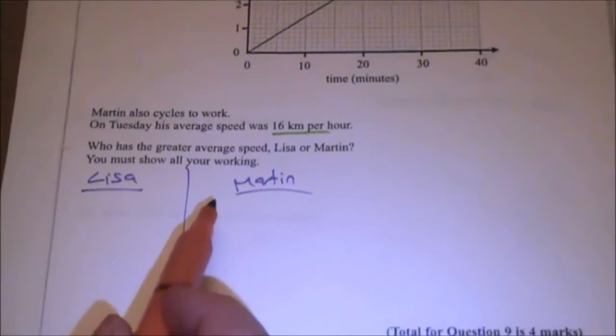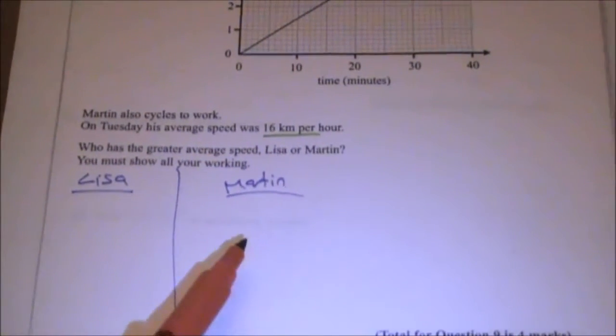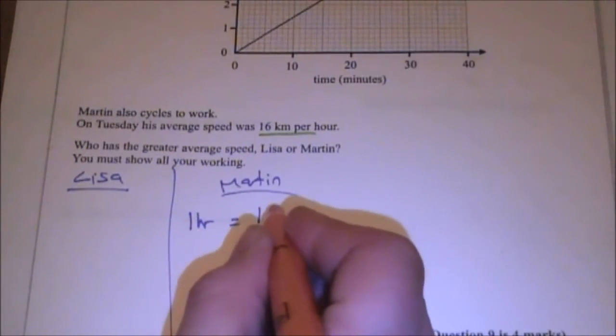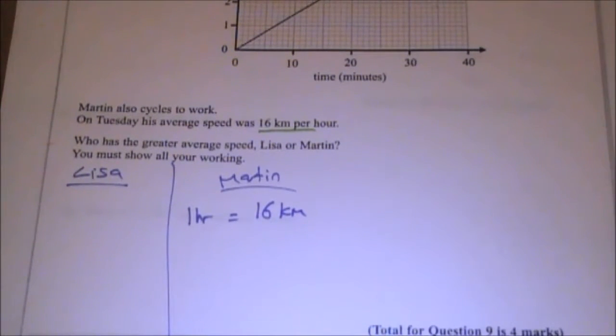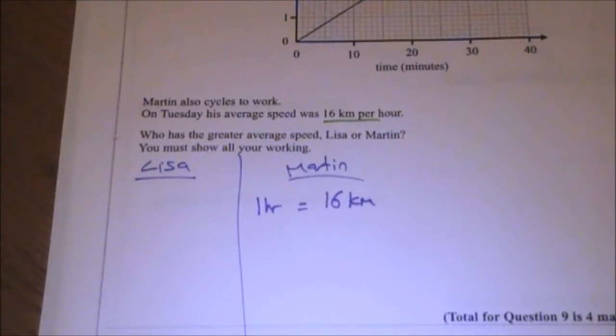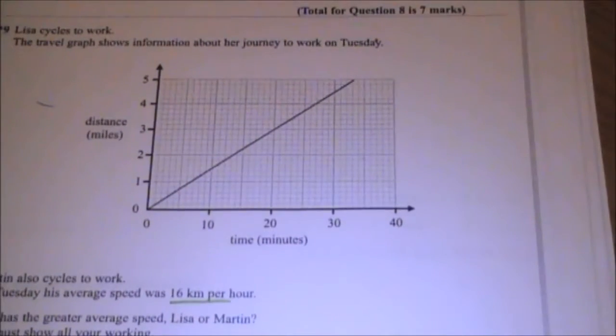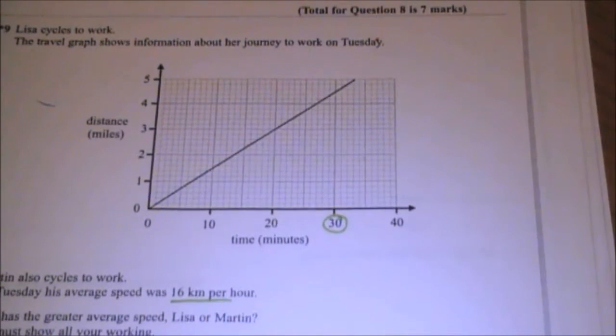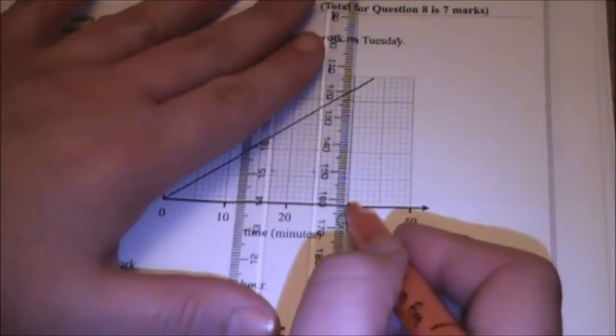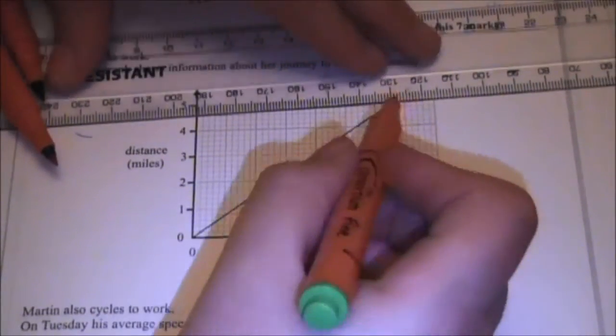So let's look at Martin first of all. On Tuesday, his average speed was 16 kilometers per hour. So in 1 hour, Martin covers 16 kilometers. Brilliant. Let's find now in 1 hour how far Lisa travels. So Lisa, 1 hour equals, let's have a look at our graph. The graph doesn't go up to an hour. However, this is not the end of the world. What I can do is realise that it does have 30 minutes on there, and an hour is 60 minutes. So if I read the value for 30 minutes, that ends up giving me 4.5